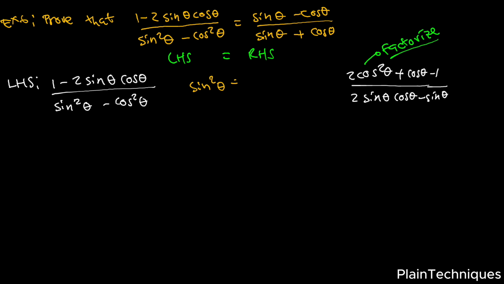Sine squared theta plus cos squared theta is equal to 1. Do you remember this? Tell me what this is. This is the identity, the trigonometric identity, right? Now, this is where it comes in. When you have an expression and there is 1 right there,